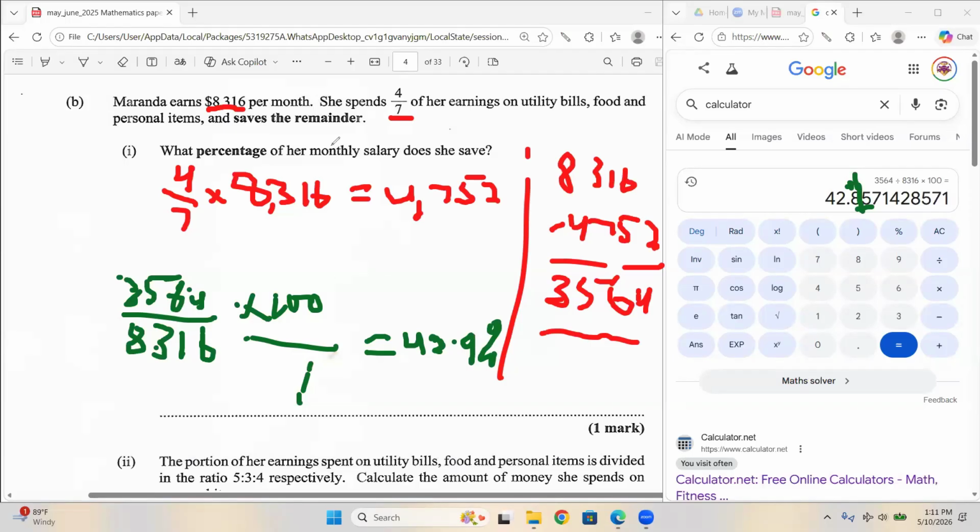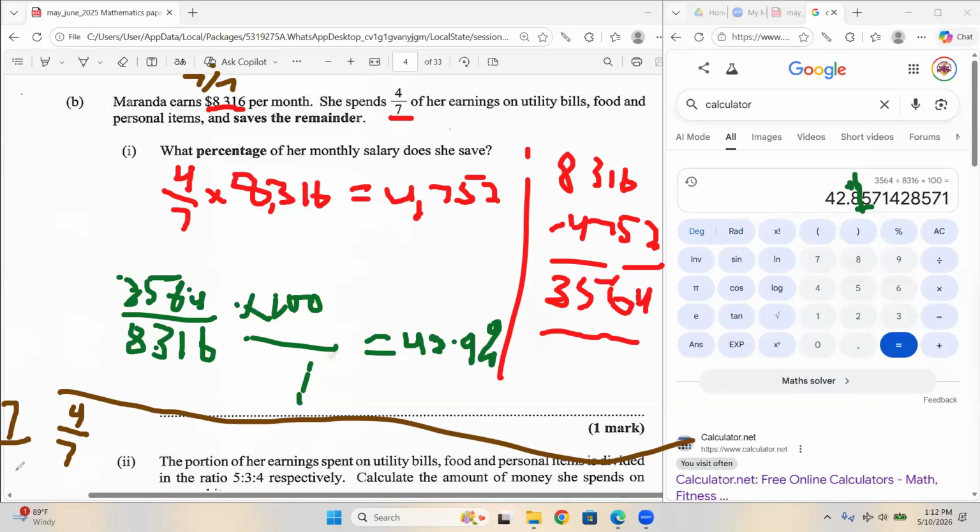Now, there's another way we could have worked this out, right? If we just looked at the fraction alone, the fraction that she spent was 4/7. To get the whole, 4/7 represents what she spent, which means the money she earned, the 8,316, represents 7 out of 7. Why 7 out of 7? Whatever the denominator is to make it a whole or her full earning,